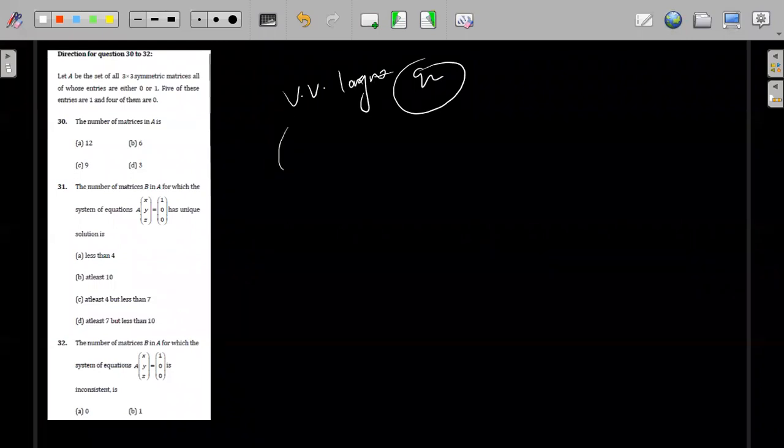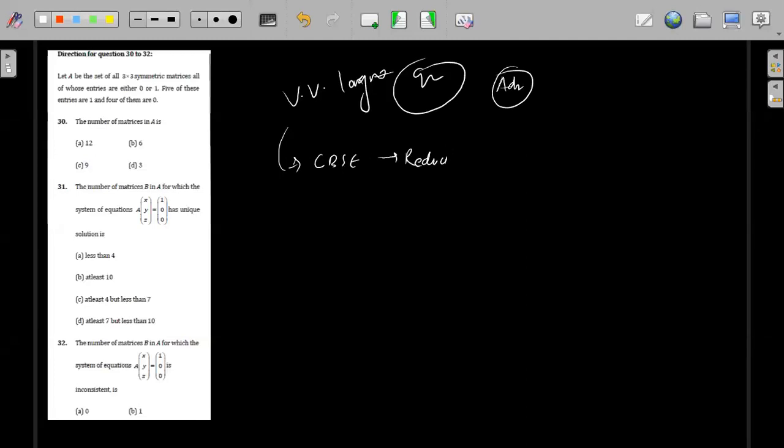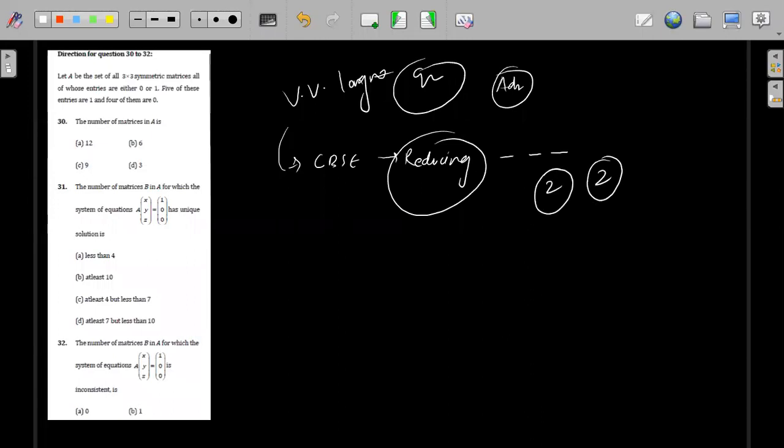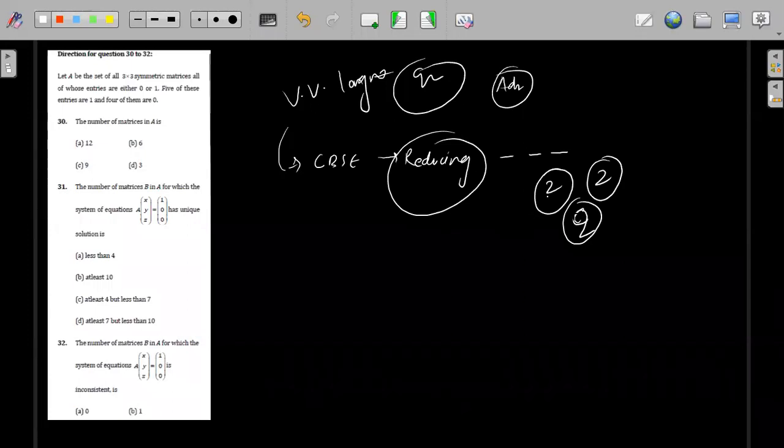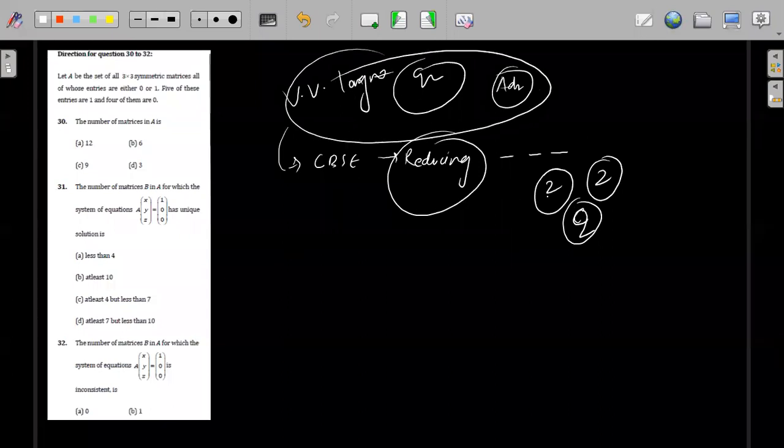See, this is JEE Advanced, right? CBSE is reducing the syllabus every year. There will be one time, maybe your kids or my kids will be writing their board exam with 2 chapters in physics, 2 chapters in chemistry, 2 chapters in maths, right? They will spend the whole year enjoying, and then only read those topics and give the exam. So CBSE people have restricted